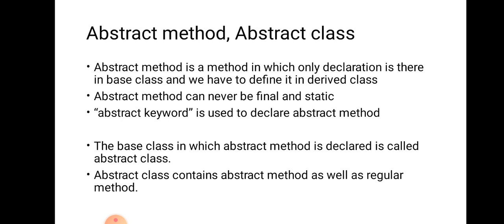So when we know that all the animal child classes will and should override this method, then there is no point in implementing this method in the parent class. Thus making this method abstract would be a good choice, as by making this method abstract we force all the subclasses to implement it, and we need not give any implementation in the parent class. In short, we will only declare the methods in an abstract class and we will define those methods in a child class itself.